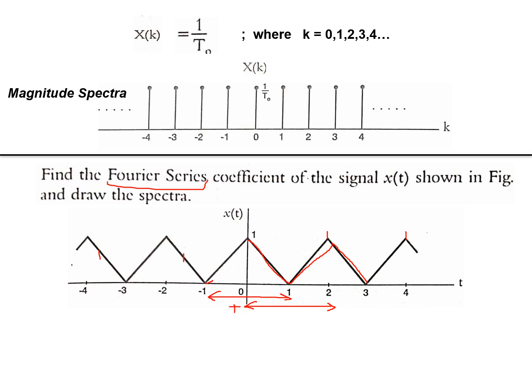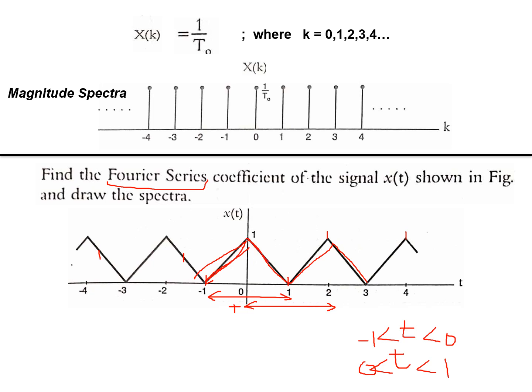So I'm taking this time period to make the equation simple. I'm taking a time period starting at t is equal to -1 and ending at t is equal to +1, so that I can easily write the equation for the graph. What is the equation for the graph now? For t greater than -1 and t less than 0, this is a rising ramp. It is a ramp signal with constant slope 1, it rises. Then for x of t with t greater than 0 and t less than 1, it is a falling ramp.